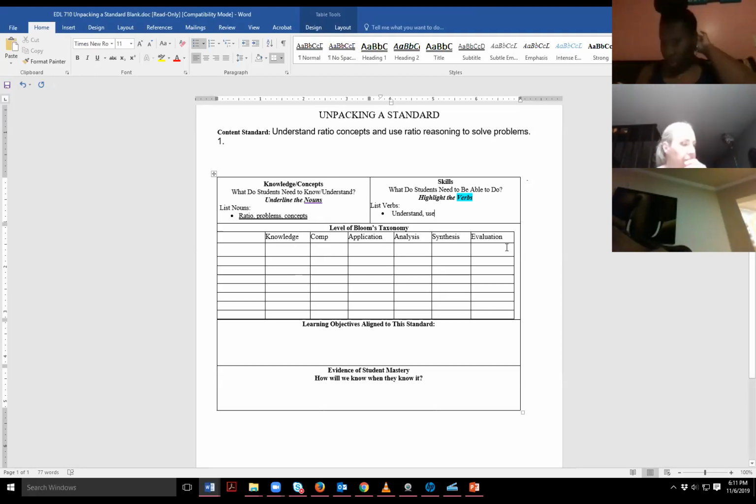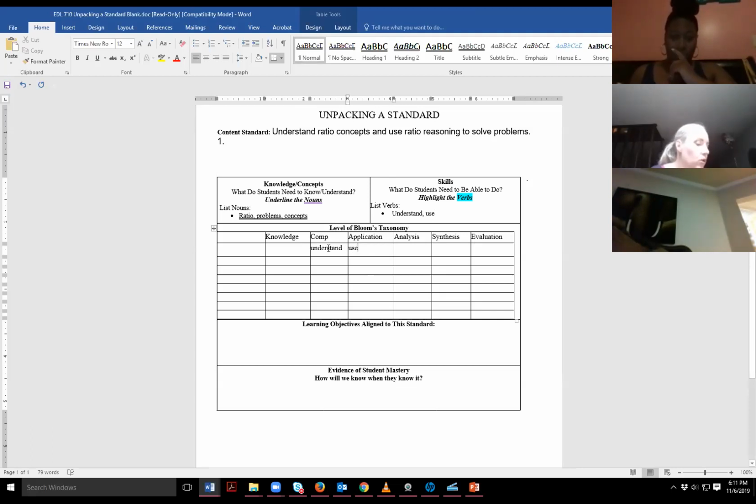What do you think? Somebody unmute and weigh in. I think comprehension. Okay. Could be. So let's put understand there. Okay. What about use? Application. Definitely application. Okay. So now I know that this standard is taught at a fairly low level on Bloom's